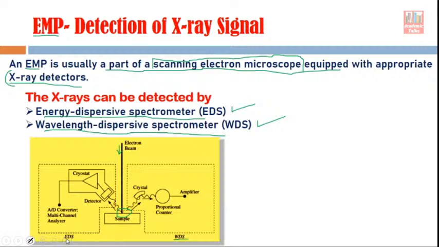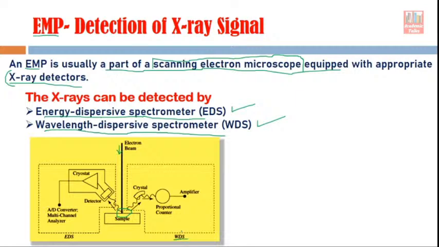Suppose we are working with the energy dispersive spectrometer. In that case, because of the interaction of the electron beam with the sample, X-rays will be emitted, and these X-rays will be detected by a detector here, which is a cooled detector. The detector will generate an electrical signal corresponding to the energy of the X-rays, and then we supply it to the electronics part. Through the analysis of that signal we identify the different energies of the X-rays coming out of the sample, and that way we identify the element.